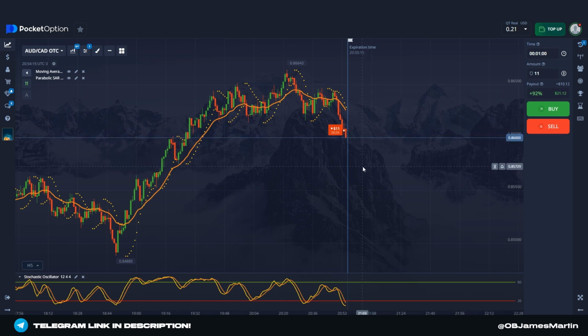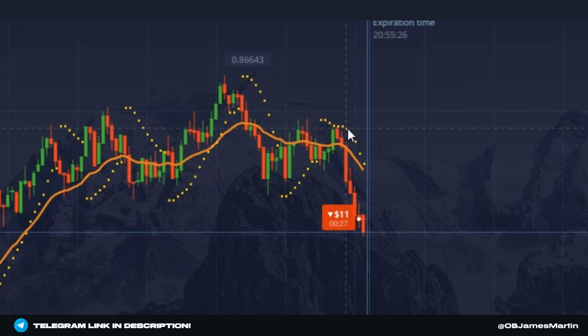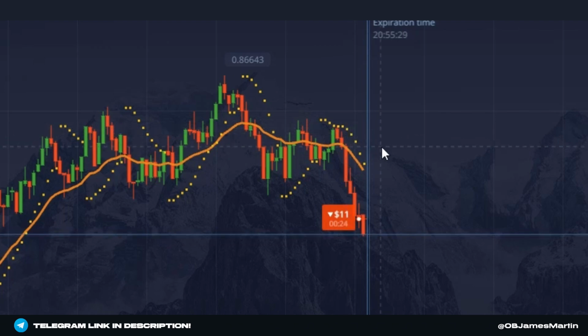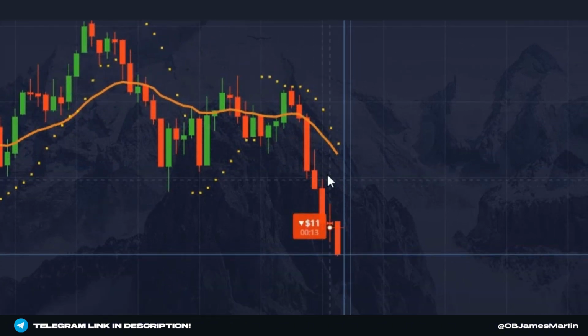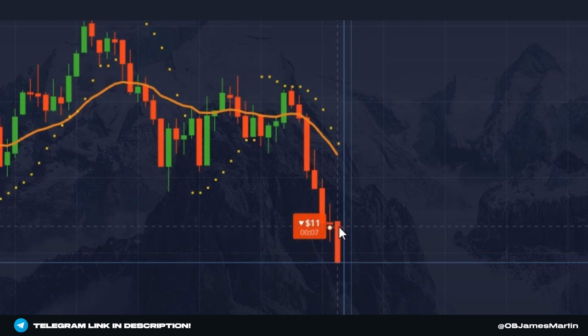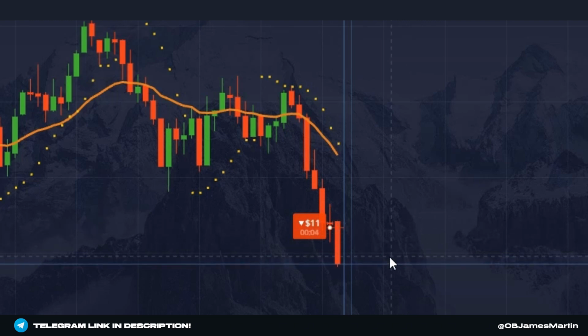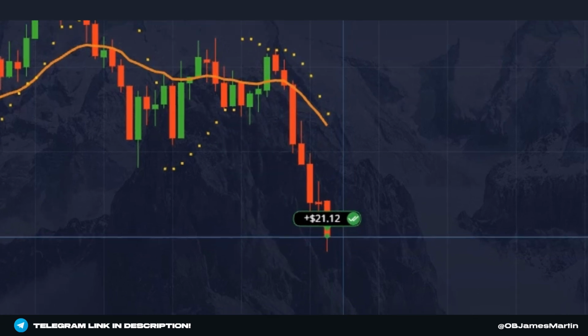Okay, let's go, guys. The first thing that you need to check is the parabolic trend. When you get this curve right here, that means for us a downtrend, right? The second detail is the candles and the moving average. When you get this crossing line with the first red candle right here, with the candles on the moving average and the parabolic, we have a downtrend.